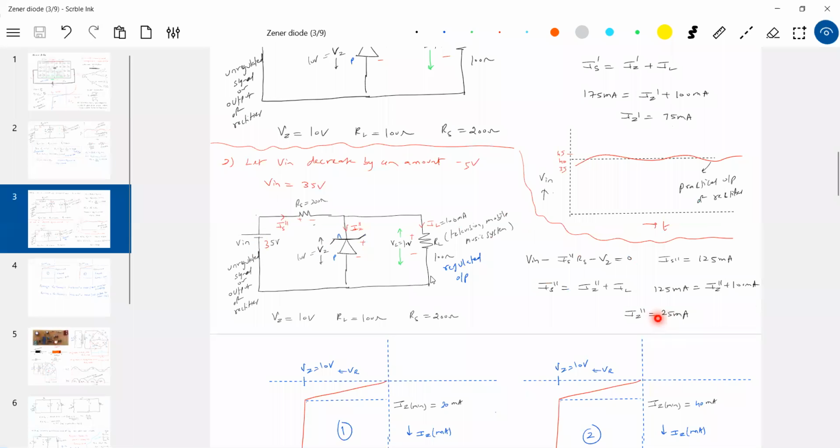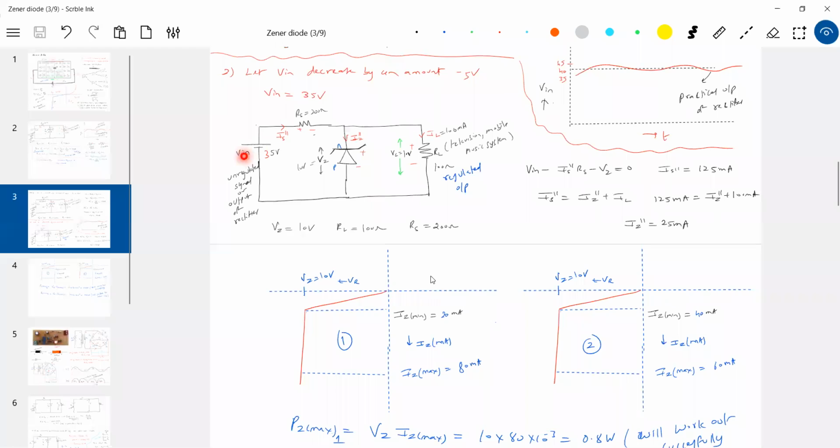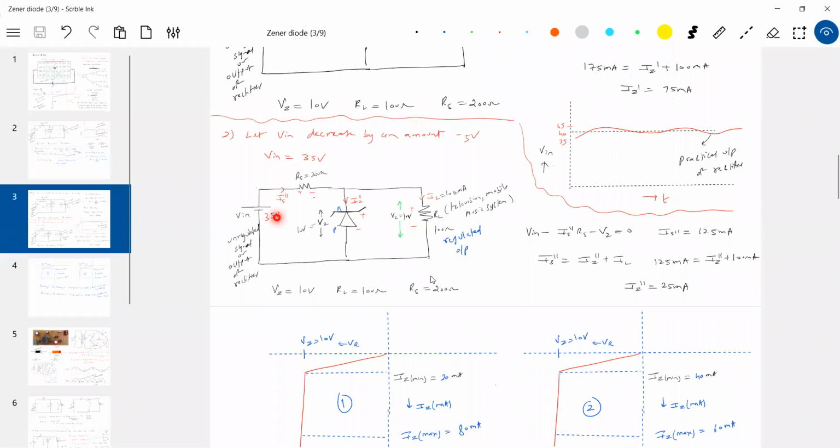So IZ dash, minimum and maximum current to the Zener diode. What voltages this circuit can regulate, meaning the highest and lowest regulations we can maintain, all depends on IZ minimum and IZ maximum. The Zener diode you have picked up here will put the limit. What is the maximum permitted voltage it can regulate? 45. What is the minimum voltage it can regulate? 35. Means even at 35 this circuit will work, around 45 also it works. Any voltage between plus or minus 5, this circuit will work.